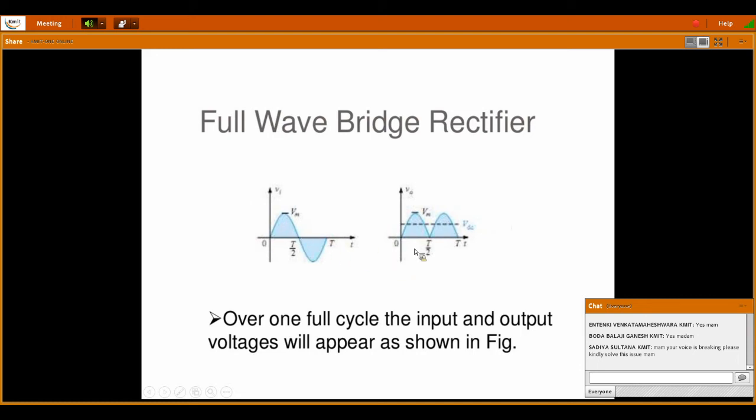So during positive half cycle, diodes D2 and D3 are conducting, and during negative half cycle, D1 and D4 are conducting. So we are getting the same output as a full wave rectifier with the elimination of the center tap. The center tap is costly, so we are overcoming the disadvantage of the full wave rectifier using a bridge rectifier. The only thing is we need 4 diodes for getting the full wave output waveform.